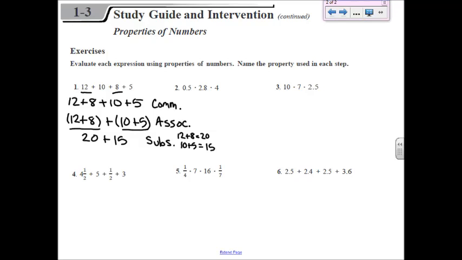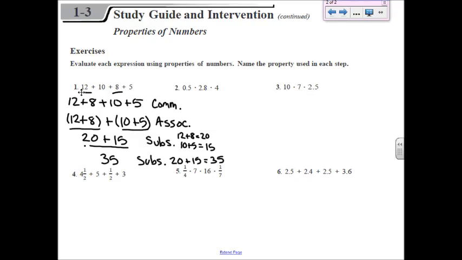And then the last step we're going to do is 20 plus 15 is 35, and that's also substitution. 20 plus 15 is 35. All right, in number 2,